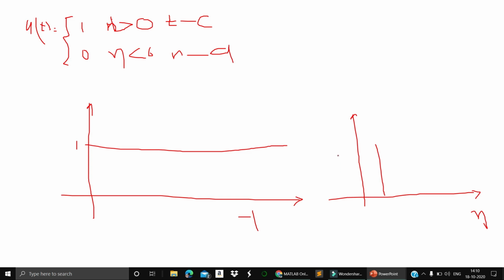So at each instant, you will have a value of 1, for 1, 2, 3, and so on for n, you will have the plot this way, right? So to understand this and execute it in the MATLAB session, we are going to write a program, right? So what is that code?